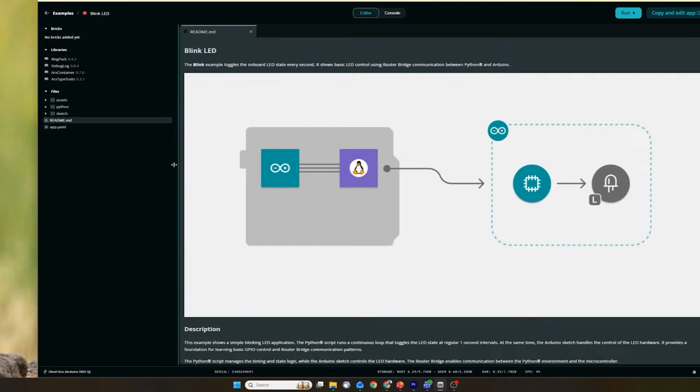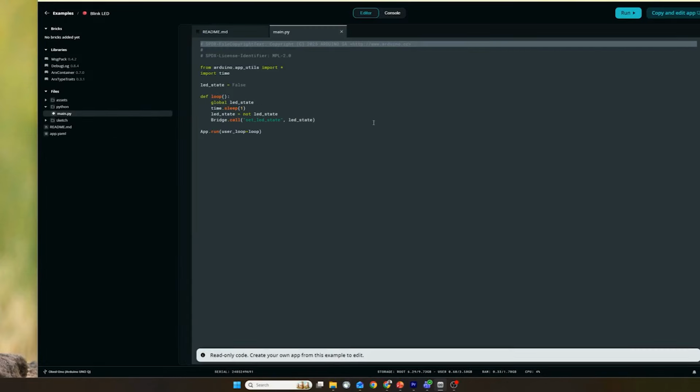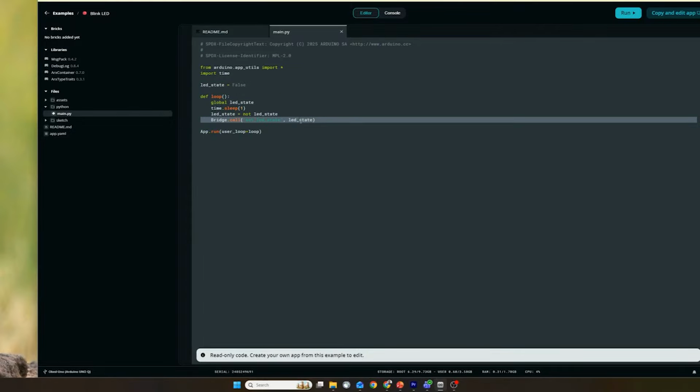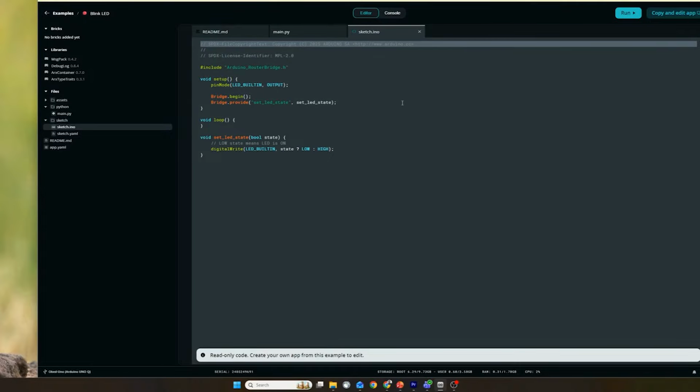So this is a way that has been designed to allow the communication between the two sides of the board. So here we find the files. This is the Python file. We have a global state of the LED state, which we toggle and call the bridge, providing it with a function. And then the sketch is what actually runs on the microcontroller. We have here the bridge initialized with this function exposed. So what you do is just